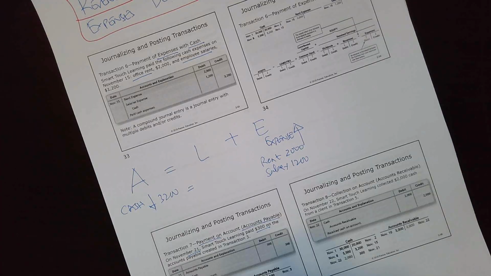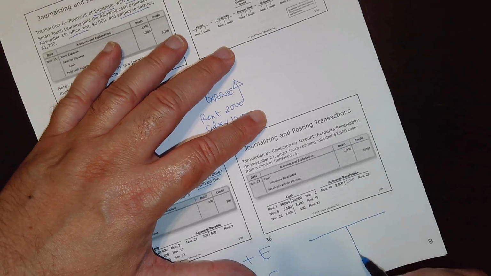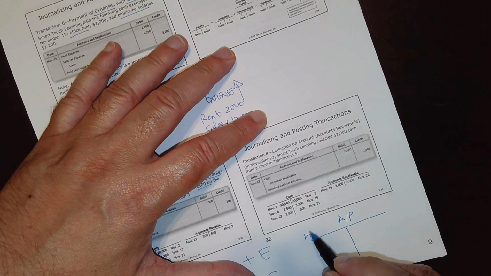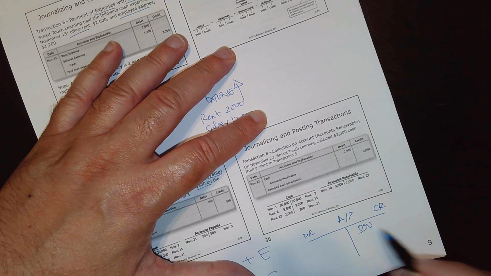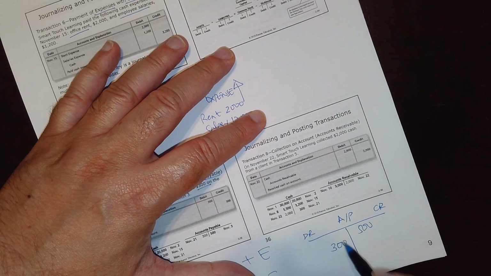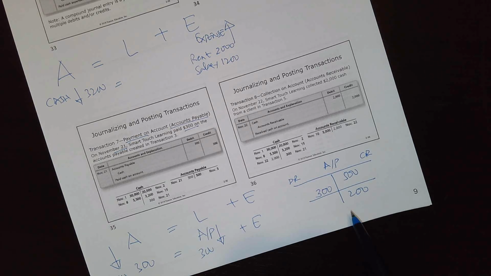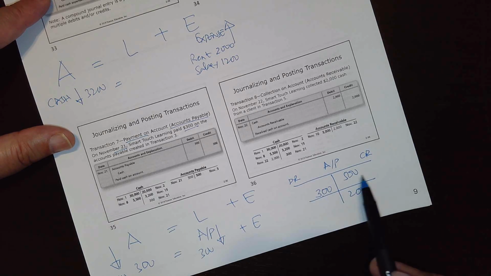So if I take you back to this accounts payable T account that we just made for you, let me grab that page. Where did we make accounts payable? Okay, so let's make it one more time. It's a debit and it's a credit. We know that we have $500 that we borrowed. Now we are paying off $300. So we are left with $200. We still owe $200 to the vendor